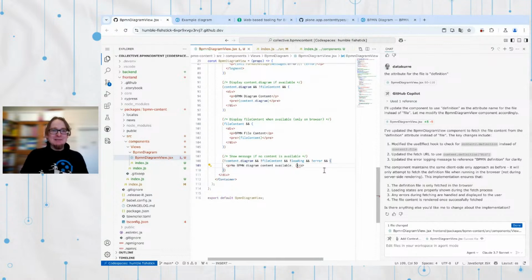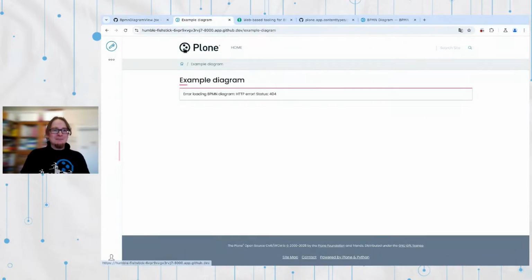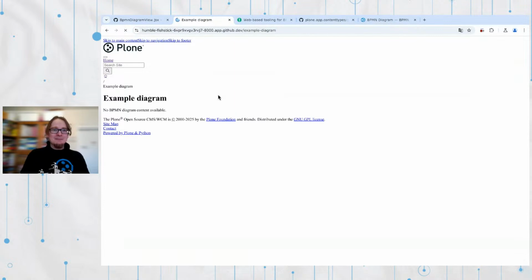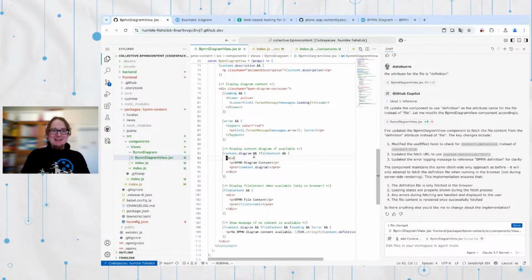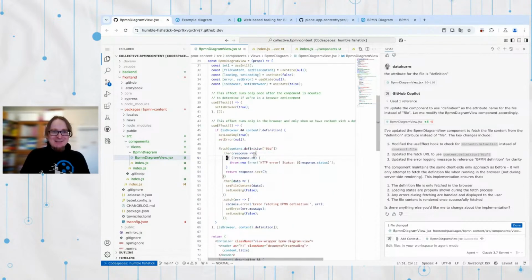Now let's add some debugging. So content and definition. And maybe we dump it. So JSON. Oh, it's stringify. Dump is Python. Oh, no, of course, because it's rendering the error message. I was updating the wrong place. Where is the error message? It throws and